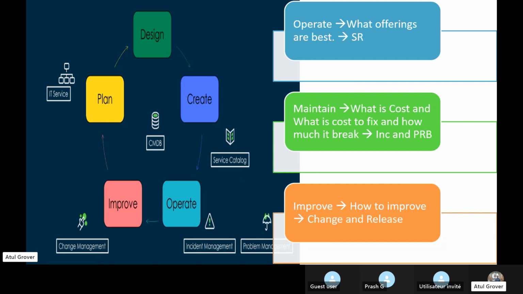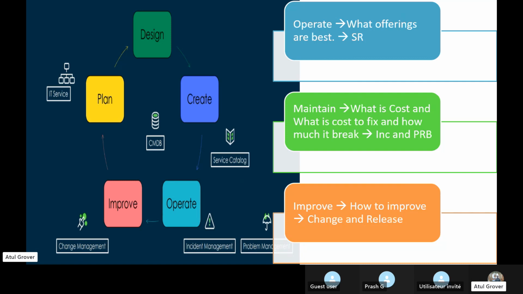And here the two terms we use in ServiceNow are change and release. They are not interchangeable words. They have a separate identity, a separate meaning, and a separate way to do. But a lot of customers I saw did not use release. They only use change, and they replace release and change as per their requirement. But it's not the right thing.